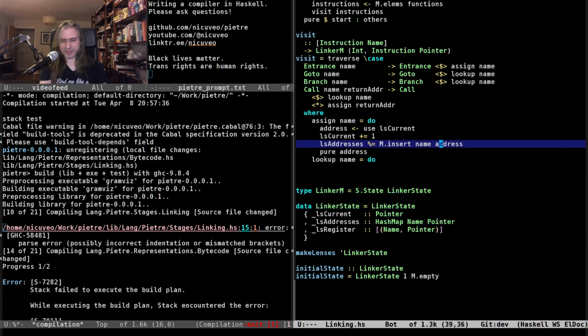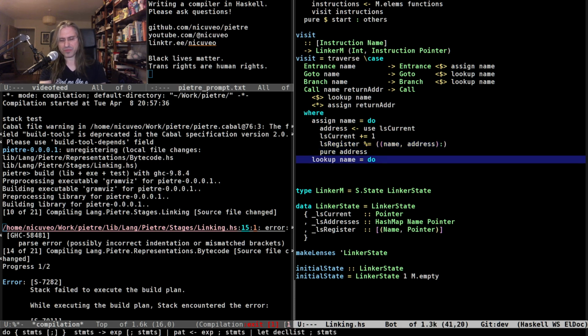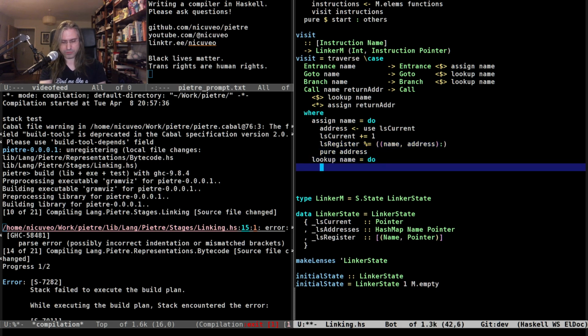When I do an assign, I'm going to modify the register instead. And what I'm going to do, I'm modifying it by putting a tuple at the beginning of the list. So I'm not touching the addresses there. And the lookup is going to be using the addresses.